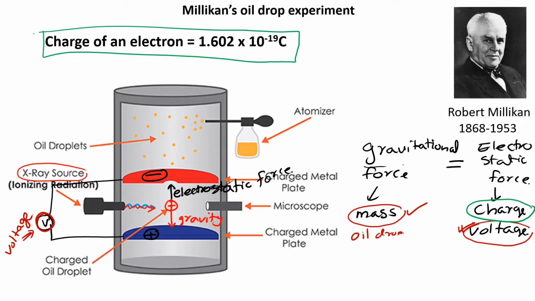And then he didn't stop there. He was able to find the mass of the electron as well. He went on to find the mass of the electron. Now I mentioned you don't need to know the setup of the oil drop experiment. I'm just showing it out of curiosity, if you're wondering how one can determine the mass and charge of the electron. So previously, J.J. Thomson,